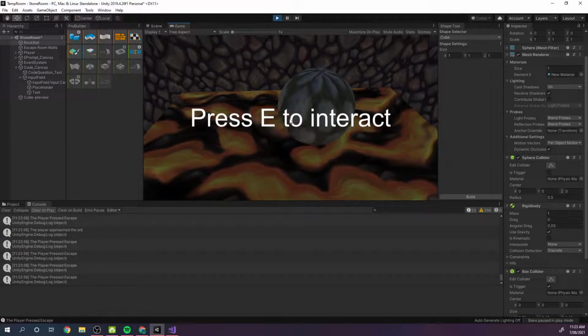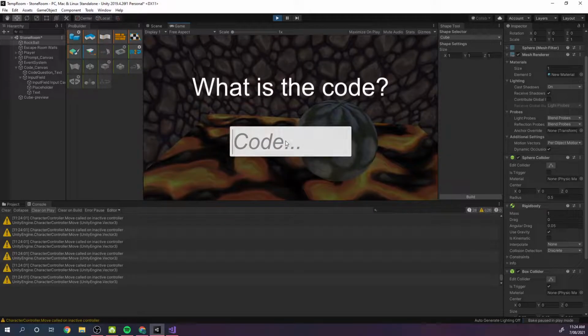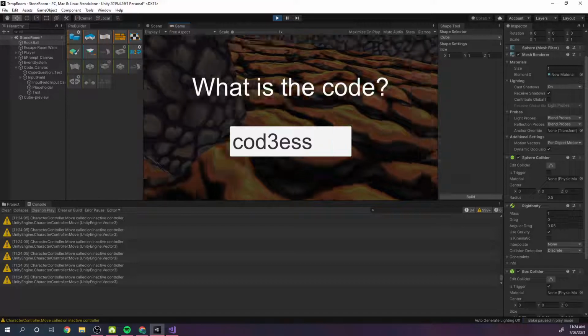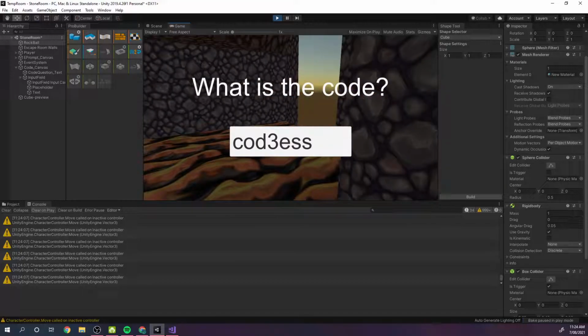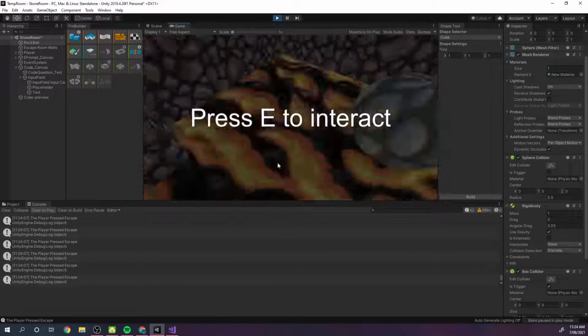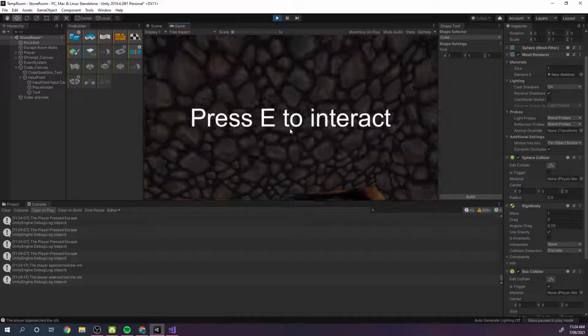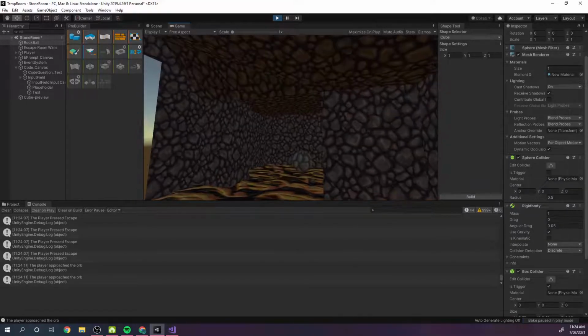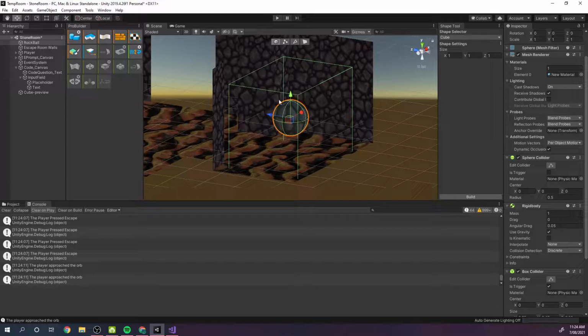I'll press escape, which will not actually hide the cursor, but when I click it will. Code cannot move. Press escape. Now I can move. Alright, that's working well. Now, as another option for our player to leave this canvas,